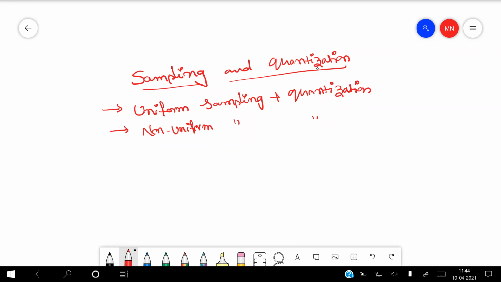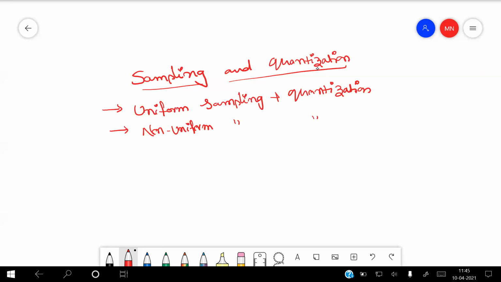If you have a digital technology, if you have a digital camera, then the captured image is a digital image. But in olden days, there were no digital processing techniques. So that is why you have to use sampling and quantization for conversion into a digital image. Sampling and quantization are of two types: one is uniform sampling and quantization, another is non-uniform sampling and quantization.